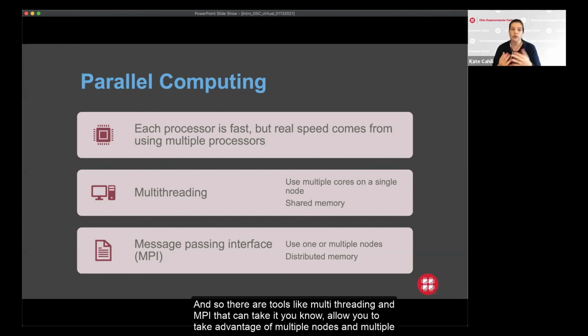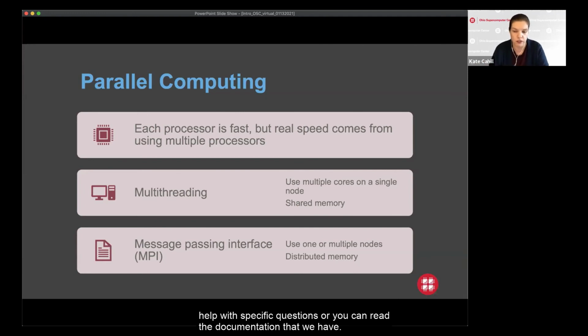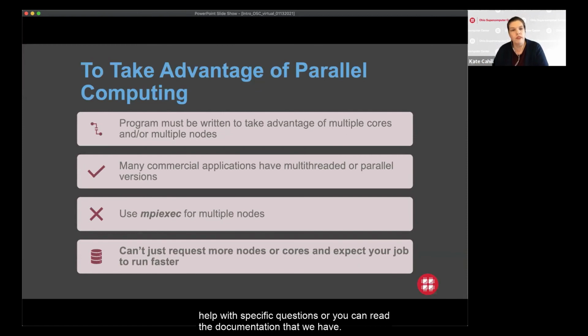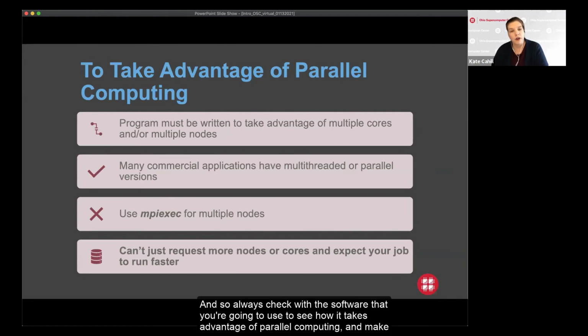There are tools like multi-threading and MPI that allow you to take advantage of multiple nodes and multiple cores, but it can vary, and it's something you're going to have to figure out as you go along. We can help with specific questions, or you can read the documentation that we have. Always check with the software that you're going to use to see how it takes advantage of parallel computing, and make sure that you have the right input for your jobs to do those things effectively.